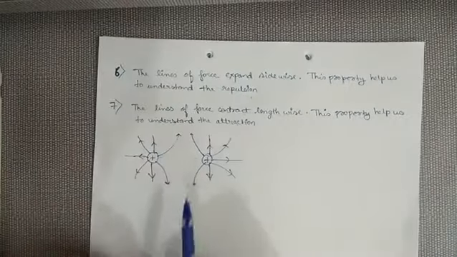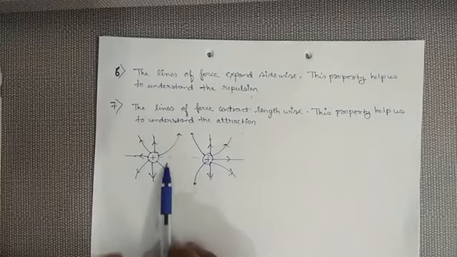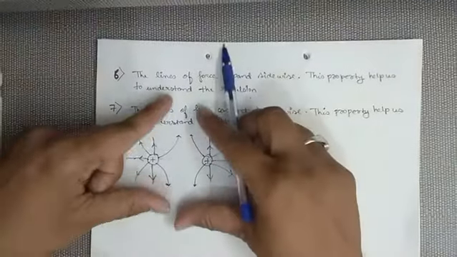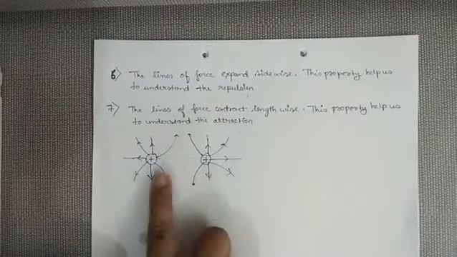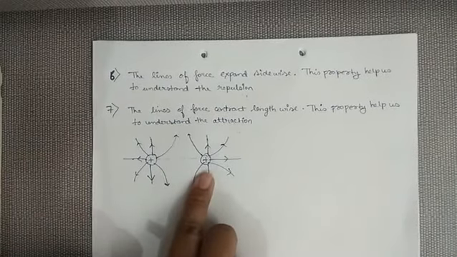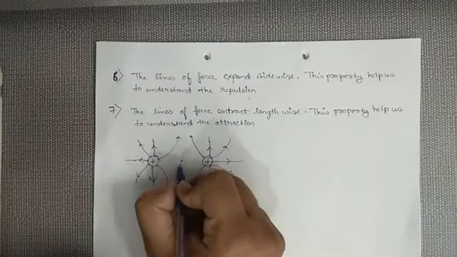So in this case, both are positive charges, and as the electric field line moves forward, it expands sidewise. Due to this expansion of the electric field lines, both the charges will repel each other, and there will be one point which can be represented as an end point.